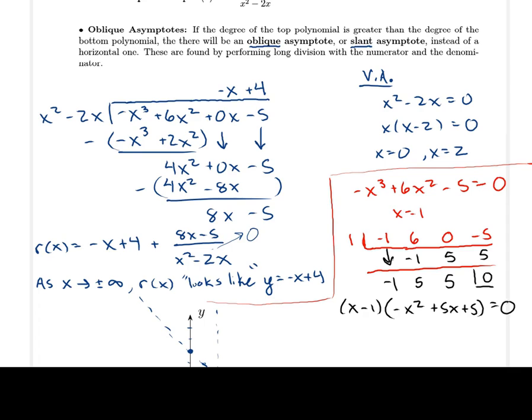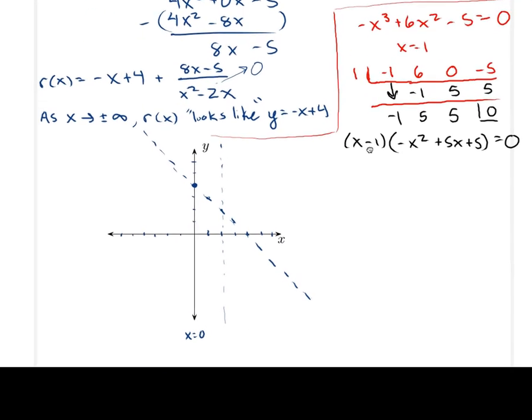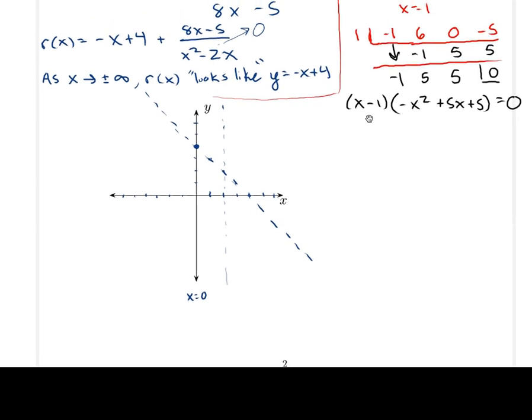All right, but now that we've got a quadratic, we can just use the quadratic formula at this point. Okay, so, on the graph here, I'll go ahead and put in x equals 1, right? So we got a point right there. All right, but let's find these other two. So x equals -5 plus or minus the square root 5 squared minus 4 times -1 times 5, all divided by 2 times -1. So -5 plus or minus, and what do we get there? When we simplify all that, we get 45 in here,